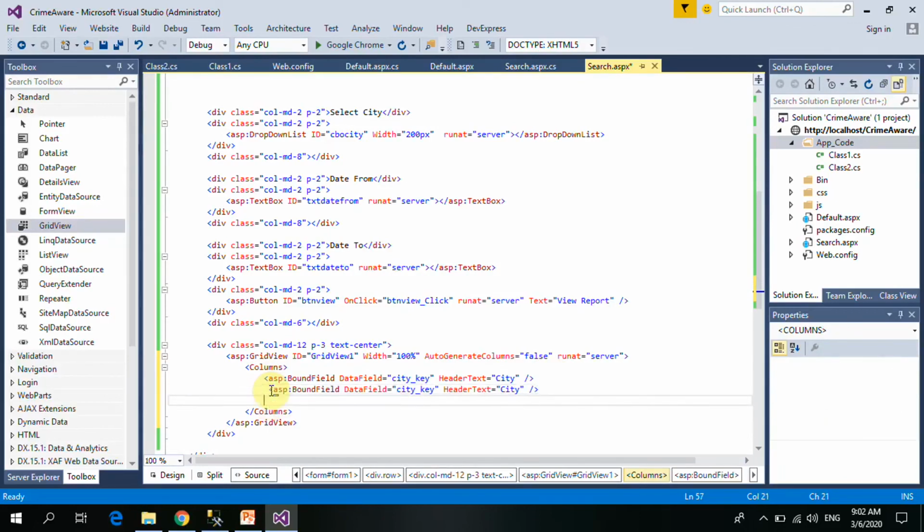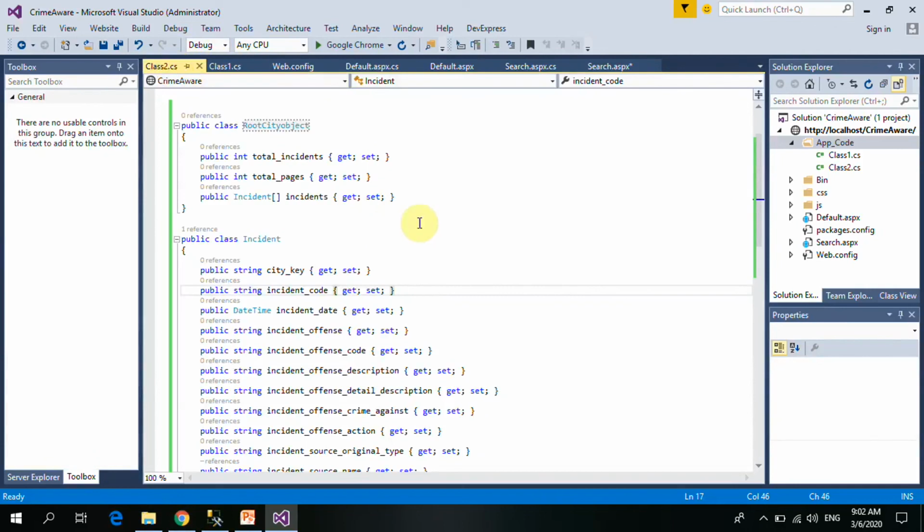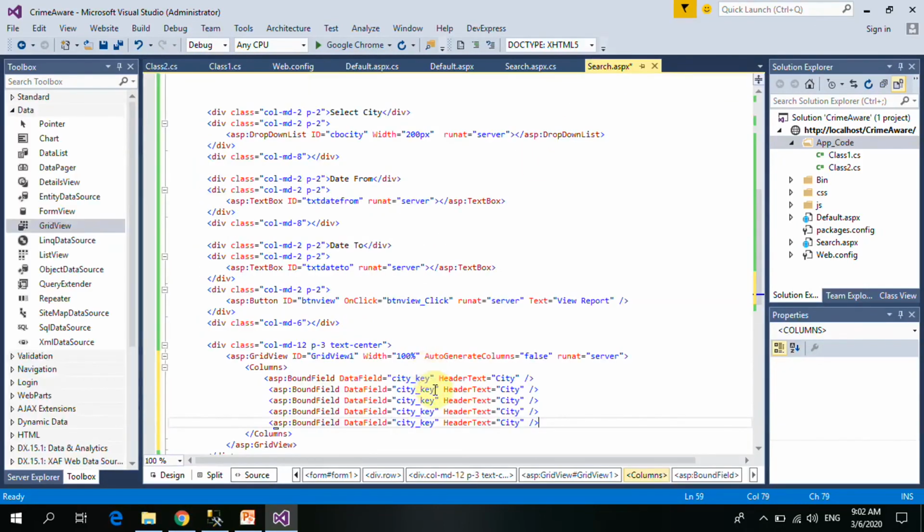Let's say I want to drop like a 3, let's say like 5, like this. So we'll have city key, incident dates, incident date,